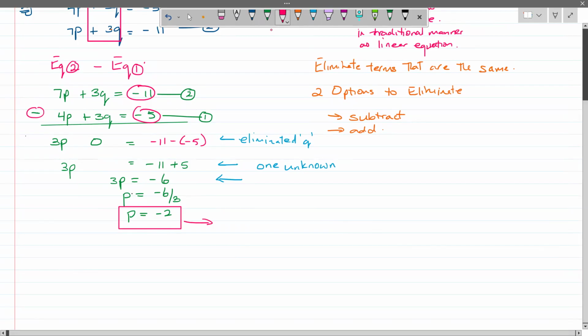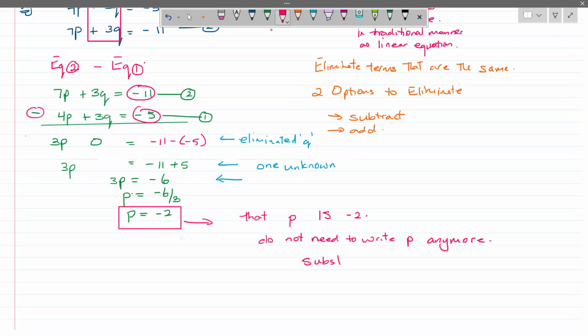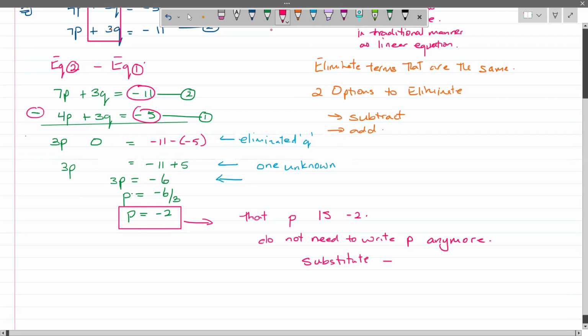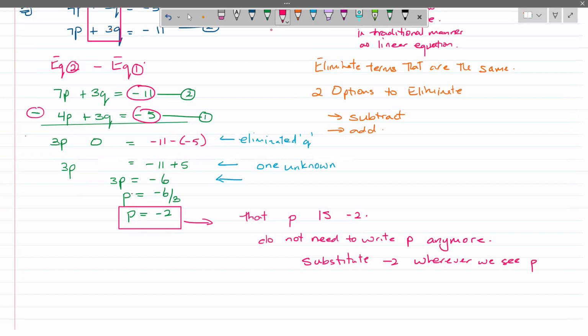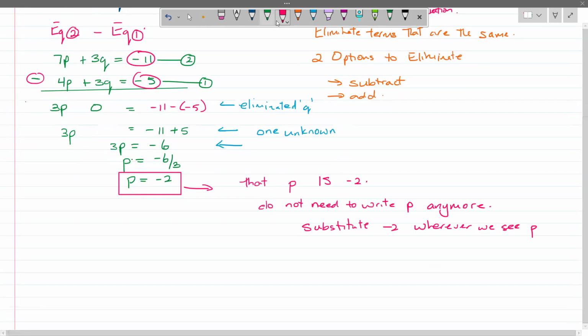This is basically telling us that P is minus 2. It means that we do not need to write P anymore. We could substitute minus 2 wherever we see P. So, if I take equation 1,